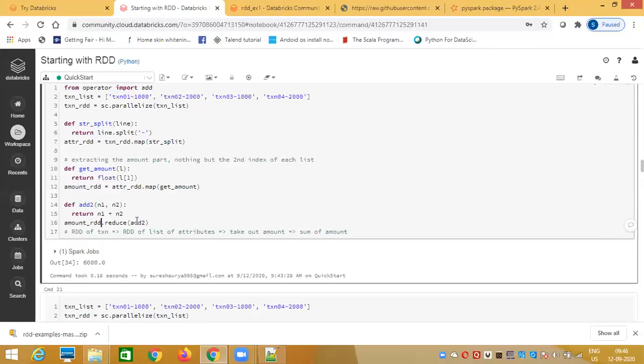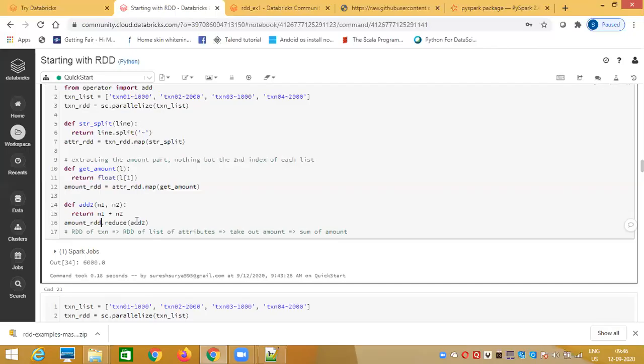Yes, Siddharth, the transformation which gives the final output, that is an action, right? Rather, I would say it this way: you can call a chain of multiple transformations. You read data, apply multiple map transformations, filter transformations, then you call the action. Maybe the collect function to see the output in the console, or if you want to physically write the data to HDFS, then you call saveAsTextFile. So the last function is called an action. We don't have to remember it that way, rather we remember it the other way: if a function returns an RDD, then it is called a transformation, else it is an action.